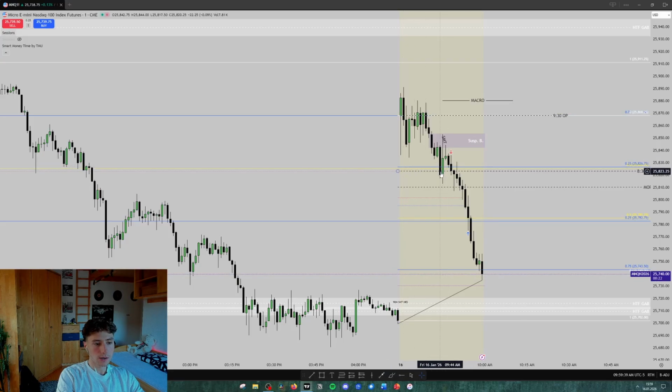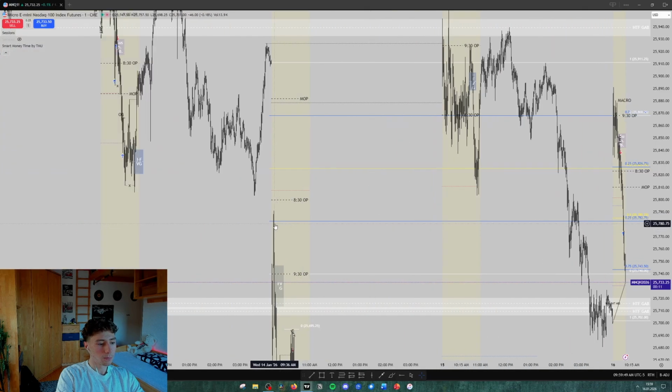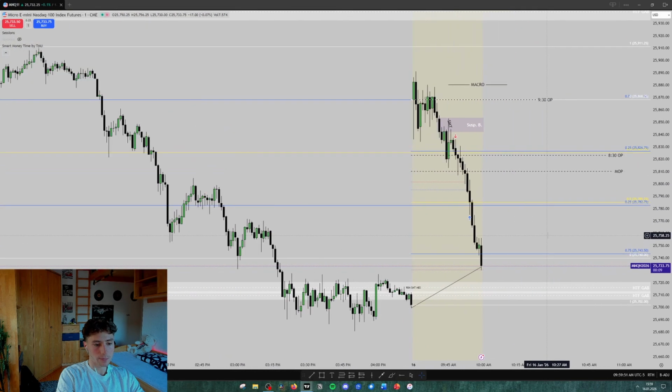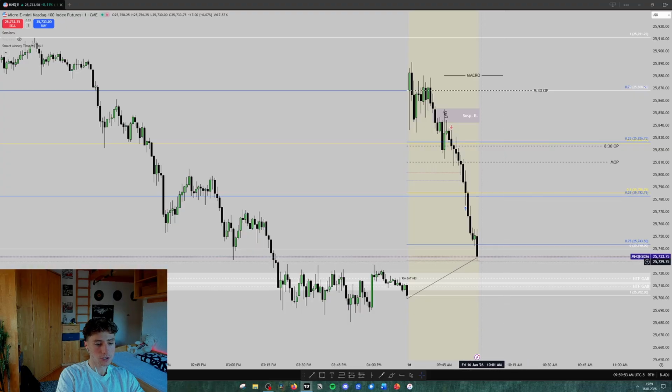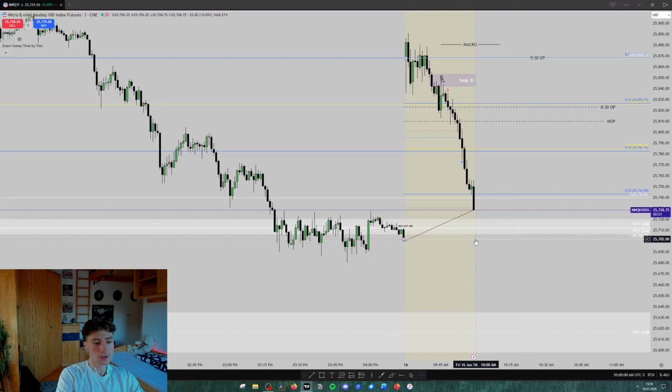So the bearish closing candle right here really confirms to me that we are still looking for lower prices. Therefore, I entered right here and aimed for consequent encroachment and also the lower quadrant of Wednesday's European range gap. You definitely can hold on such days for lower prices as well, especially because we now reached Asia sell liquidity, and you can even reach for the low of the European range gap.